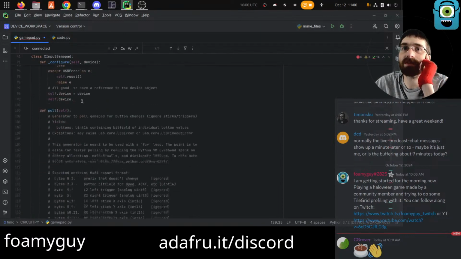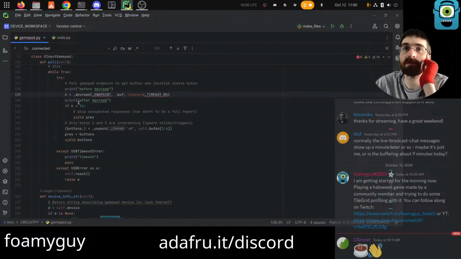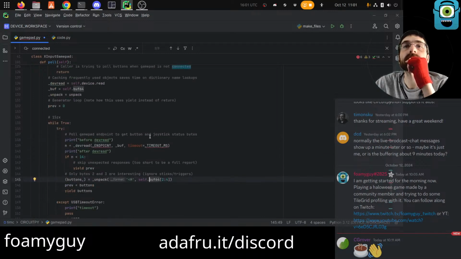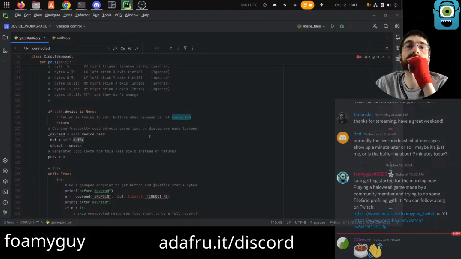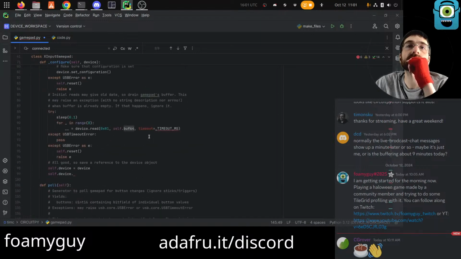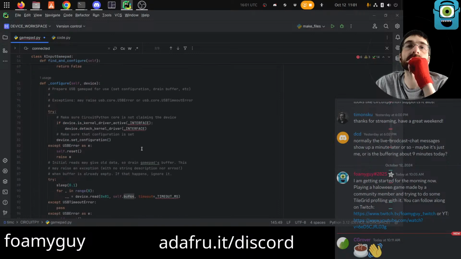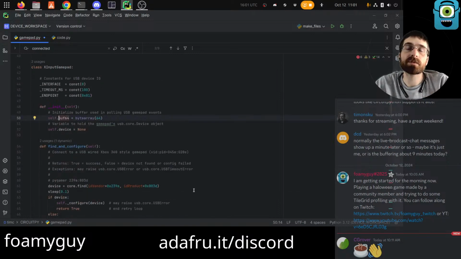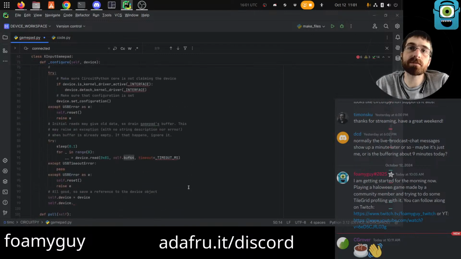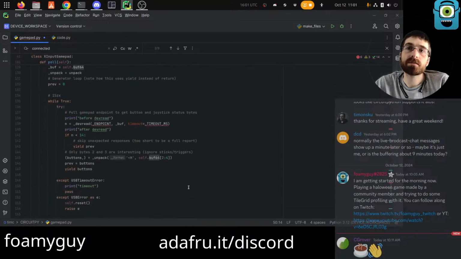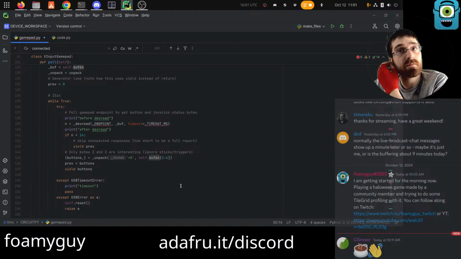What is buttons? What does this return or yield? Unpack. Buff 64. I don't know. Buff 64. Just a byte array that holds 64 bytes. So we're reading 64 bytes